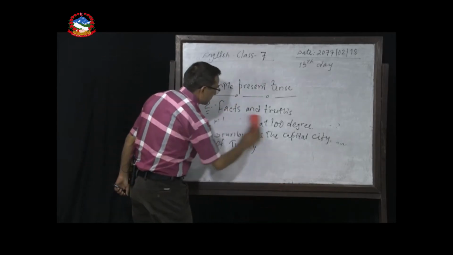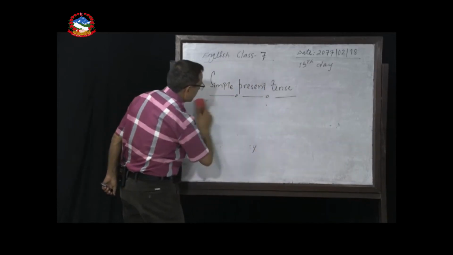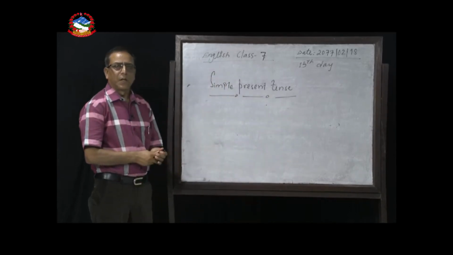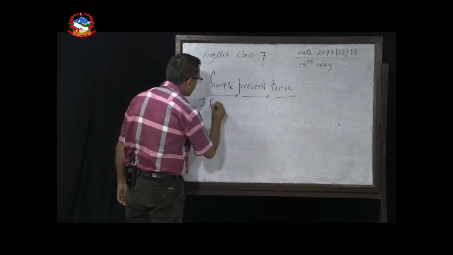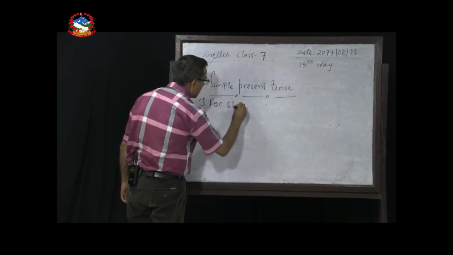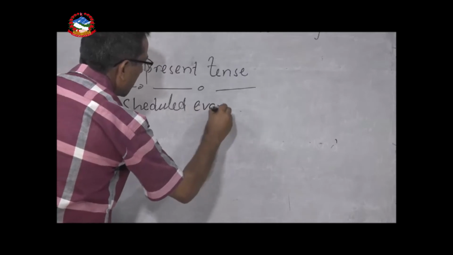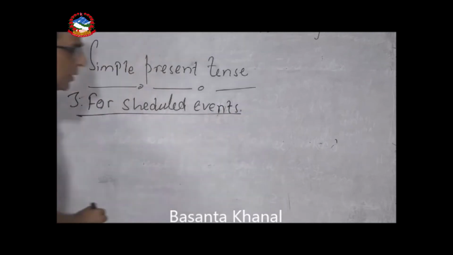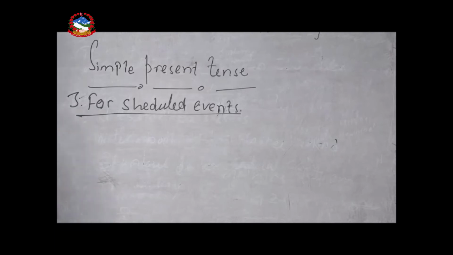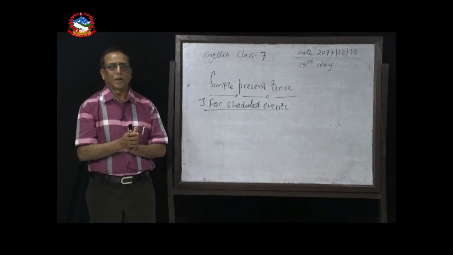The third one. Let's know the third one, dear students. The third one is for scheduled events. Let's see here. If there is a fixed schedule, fixed events, scheduled events, in this situation we are using